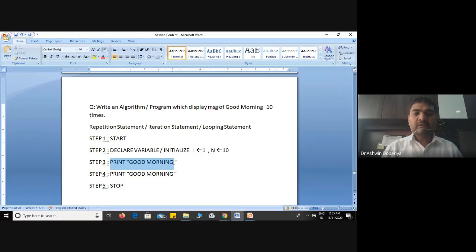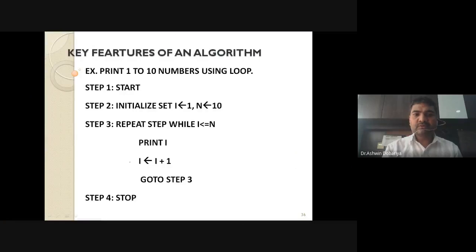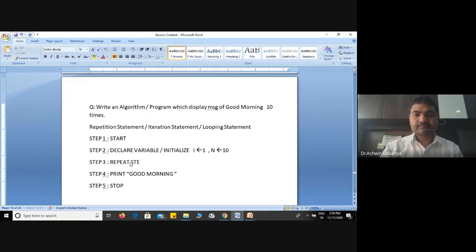Okay. Now how can I write the loop? Because see, in this program I do not need to take any input from the user, right? No need to give any input from the user, because here we just want to execute the loop 10 times and display good morning. Okay, so here I will start the loop. How can we write the loop? See, repeat. What do you have to repeat? So repeat, the same statement we will use. So repeat these steps